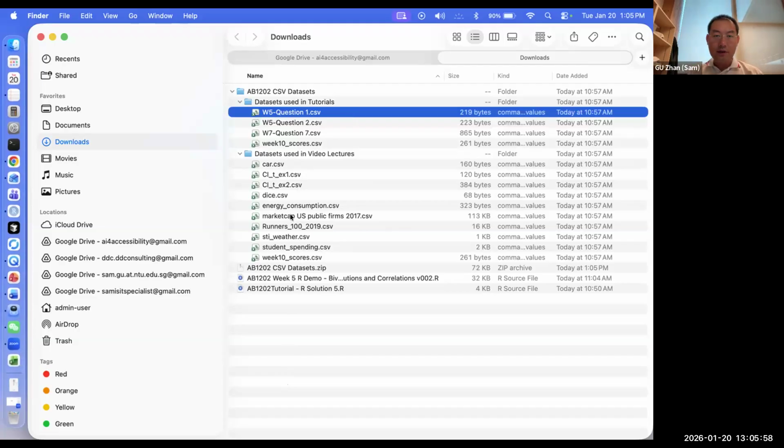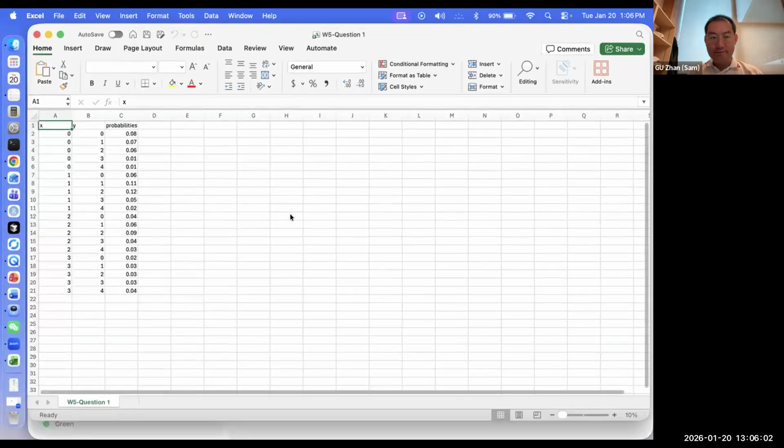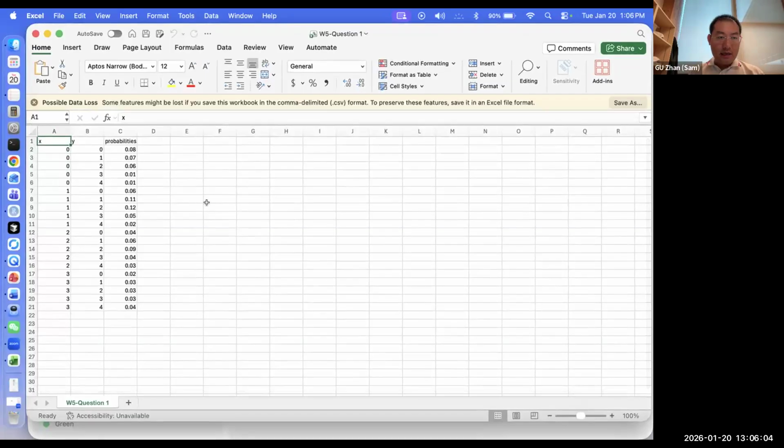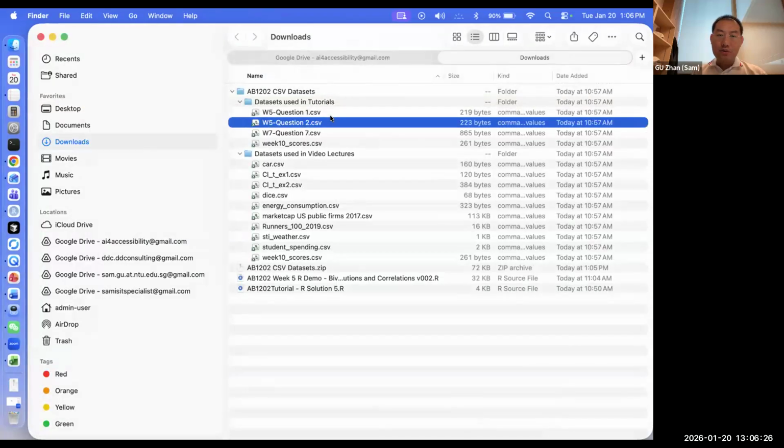One of them is week 5, question 1.csv. You have the X variable, the Y variable, and the probability. So 3 columns. How many rows? You have 20 rows. The probability has count 20, sum 1. The probabilities added together should sum to 1. I expect it to sum to 1. Now let's read this file into your